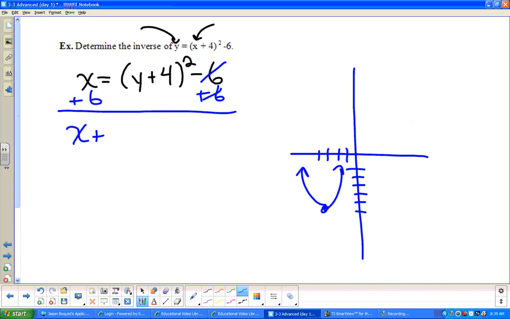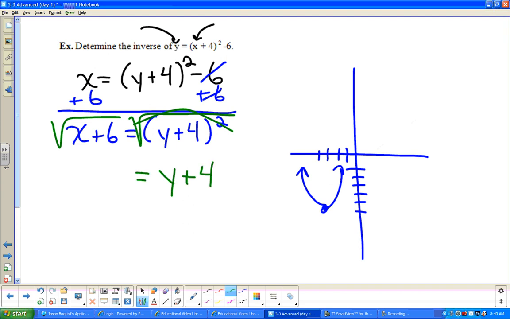So x plus 6 equals, and I think you'll see why we don't want to FOIL here in just a second. Now we can go to what one of the students said earlier, which was to get rid of the square, we can square root. The reason I didn't want to square root earlier is I would have had to square root all of that right side. So that negative 6 would have been in there as well. And then square root this side. Okay? And so what happens here, the square root and the square undo each other again, right? So y plus 4